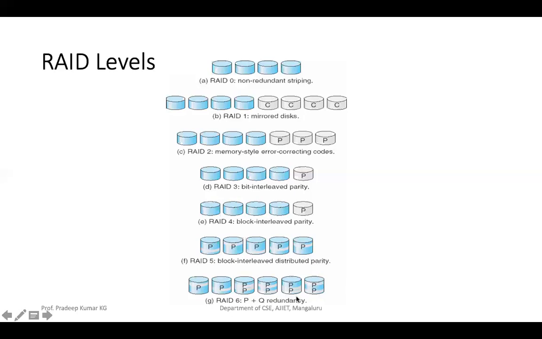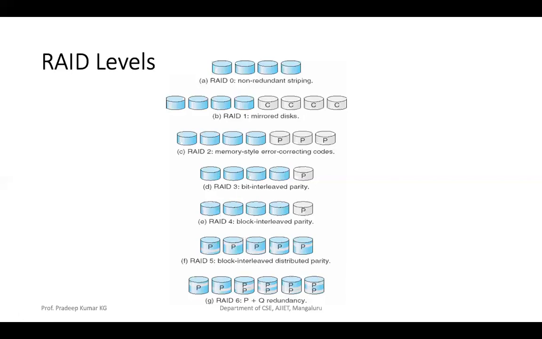Then we have something called RAID 6, that is P plus Q redundancy. So you can easily differentiate. In the first 2 disks, we maintain a parity bit each separately. Coming to the third disk onwards, we have 2 separate formats, 2 separate replications, P and Q. This is nothing but supposed to maintain redundancy as well. So this is in brief about RAID levels.